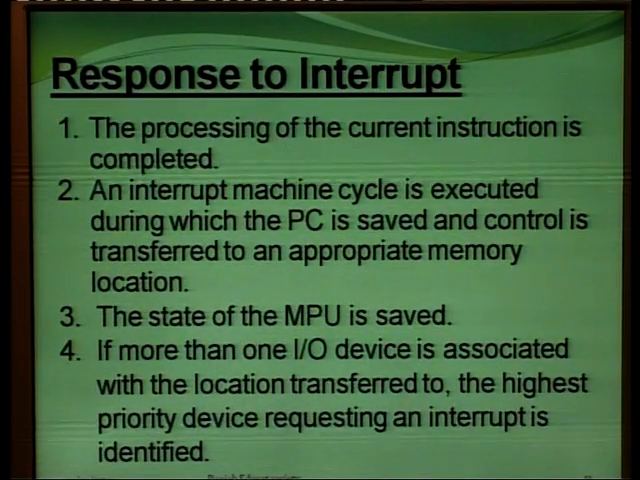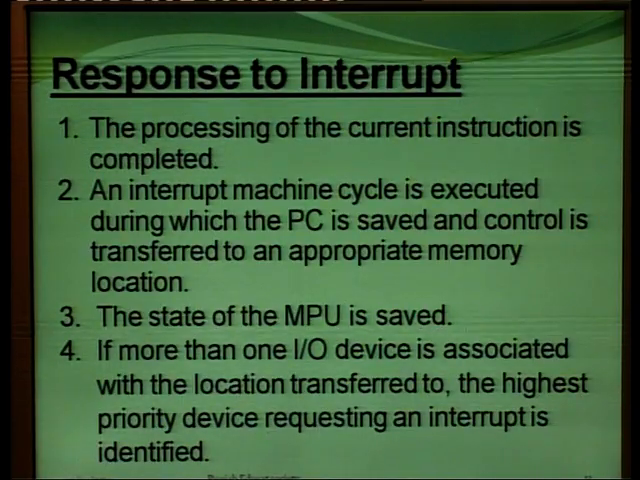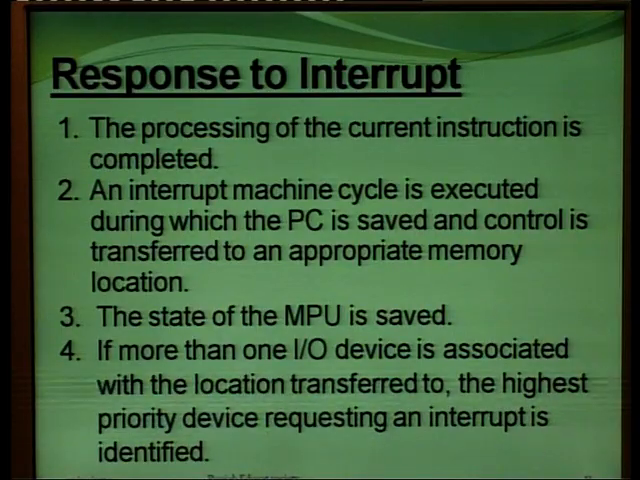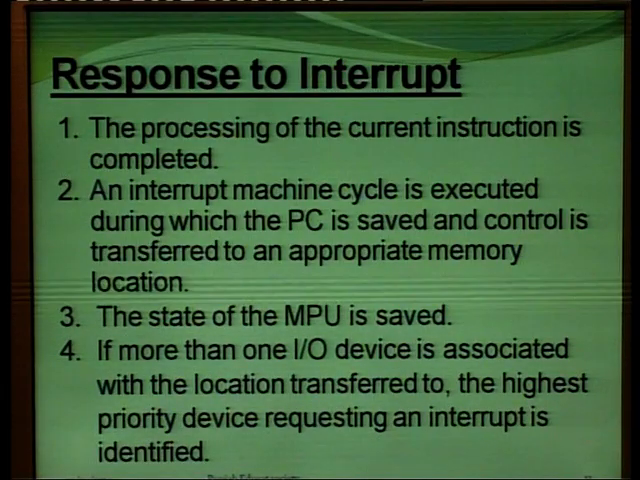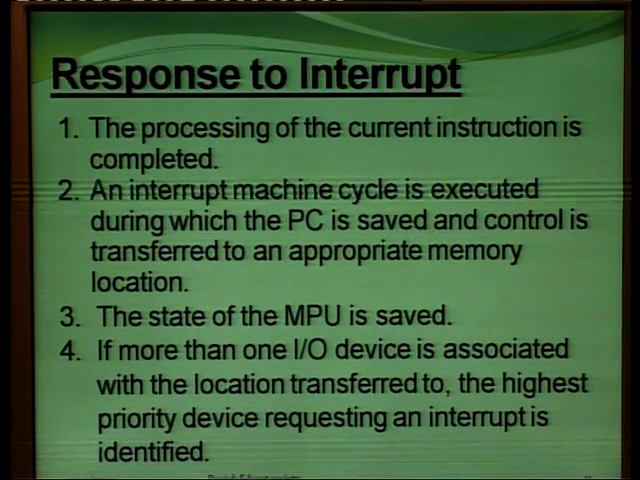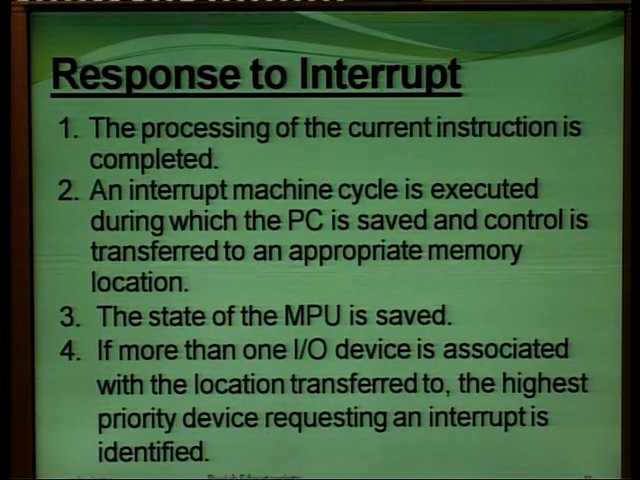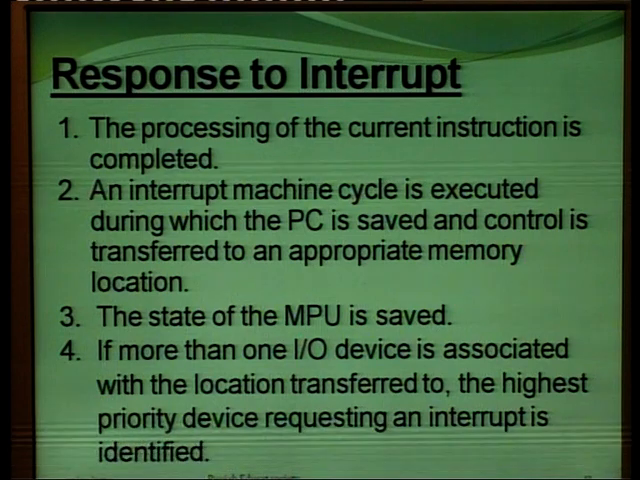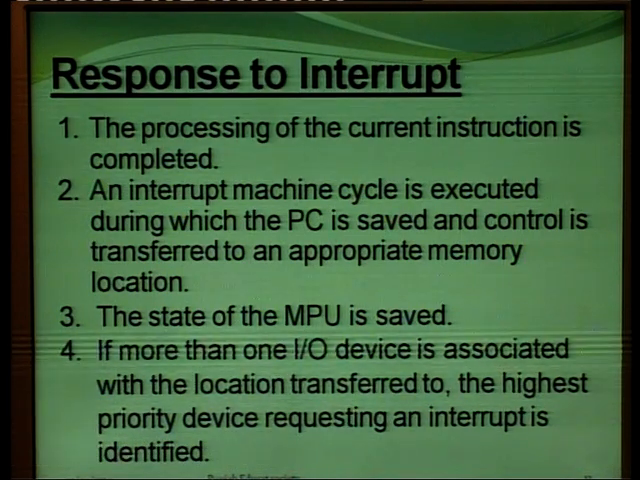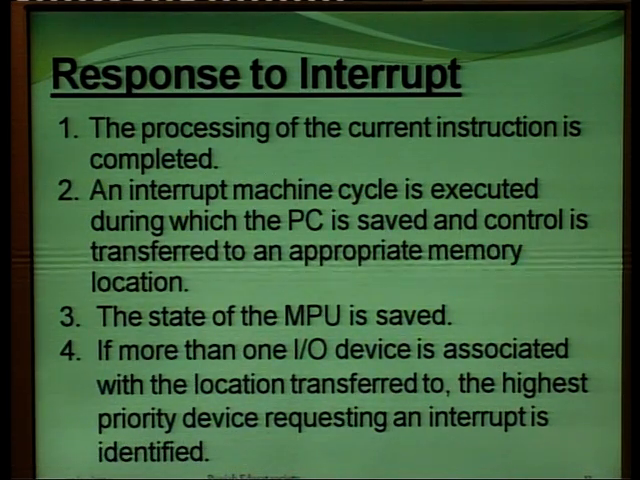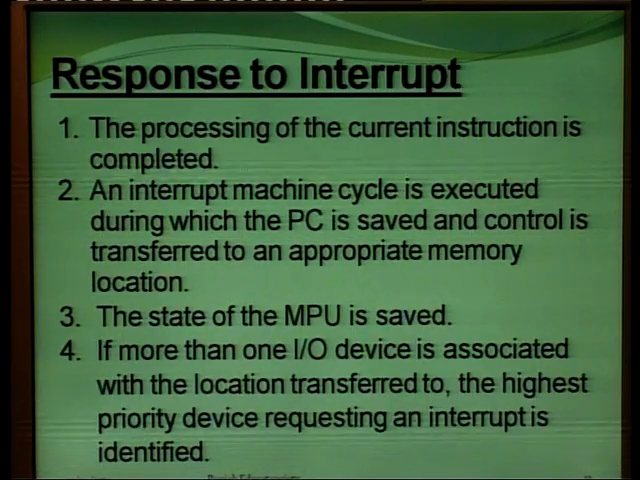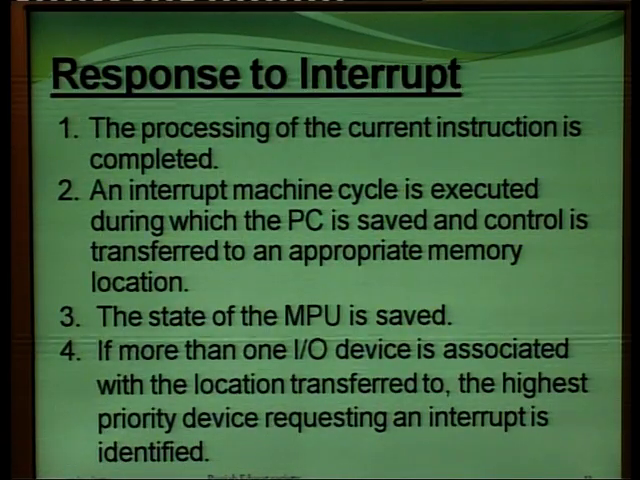The processing of current instruction is completed. So after completing the current machine cycle, a new machine cycle, that is interrupt machine cycle, is executed during which the contents of program counter PC is saved. Program counter contents are saved in the stack, and control is transferred to an appropriate memory location of